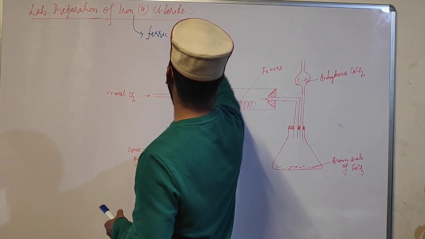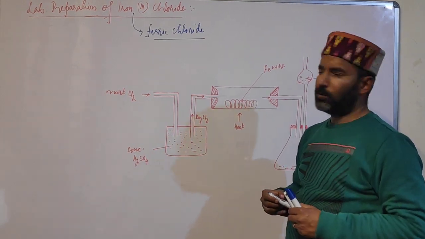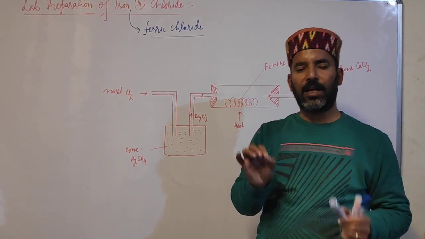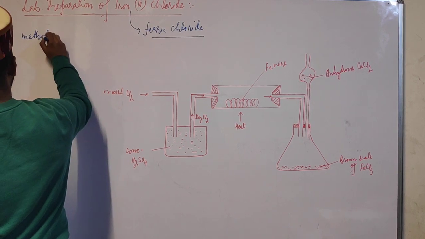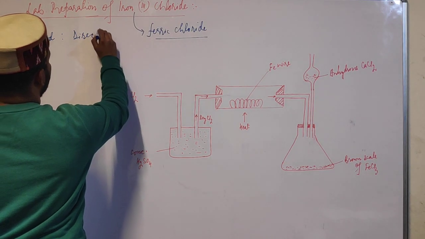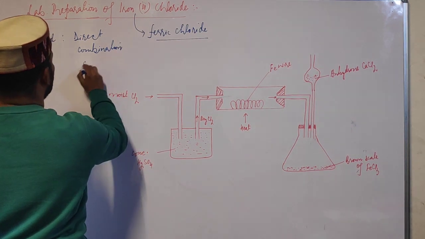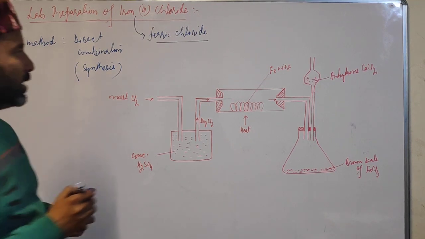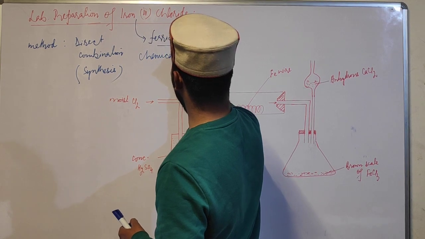So students, we have learnt that ferric chloride is a water soluble salt which is prepared by direct combination, that is by synthesis. So the method which is used for the preparation of ferric chloride is direct combination, or we call it what? Synthesis. So this is the method, and the chemical equation involved in this case is